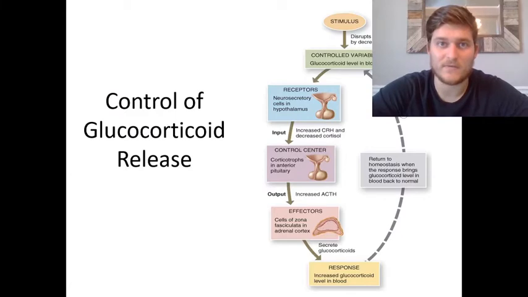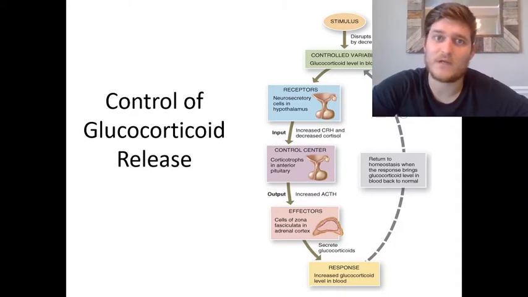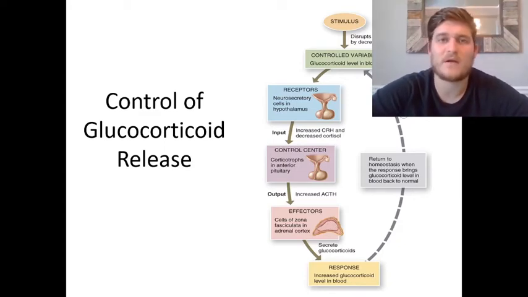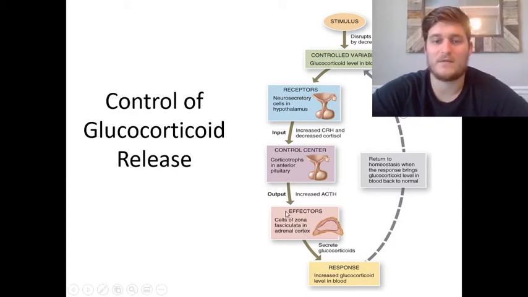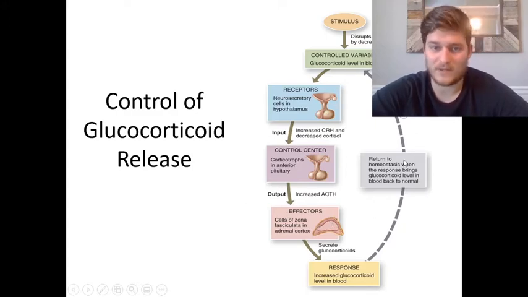Glucocorticoids are a class of steroid that our adrenal cortex produces, which have impacts on not only our metabolic rate by increasing metabolic rate and the breakdown of certain materials to get glucose, but also have an impact on our immune system. And it happens to often suppress our immune cells, which is why glucocorticoid steroids are often used as pharmacological agents. But anyway, the zona fasciculata is going to be the group of cells which produces the glucocorticoids. And so these levels are going to be ultimately what determine the release of glucocorticoids within the blood.